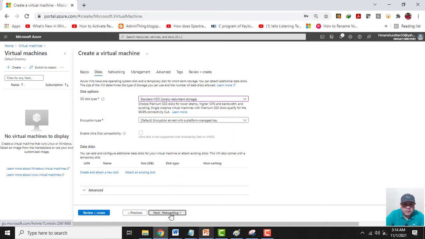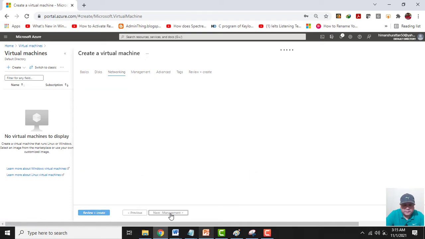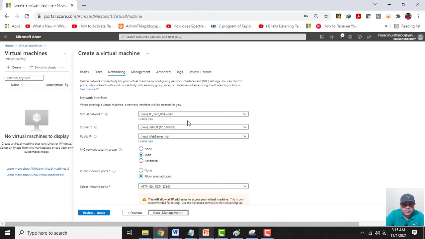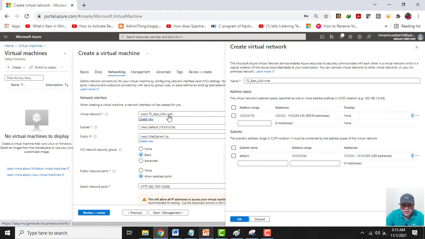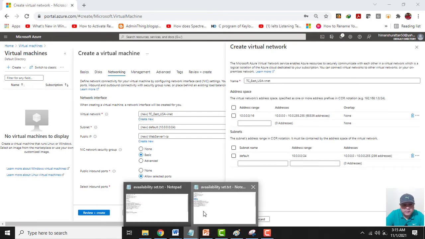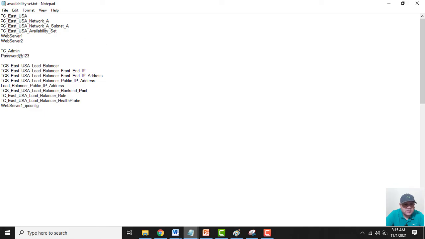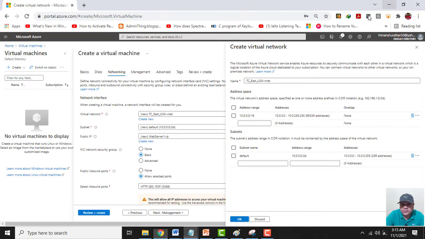Now I will go to networking part of this VM. In the networking part, let me create one virtual network. Okay, I will give the name of this virtual network as TC_East_USA_network. Now the IP series is fine.